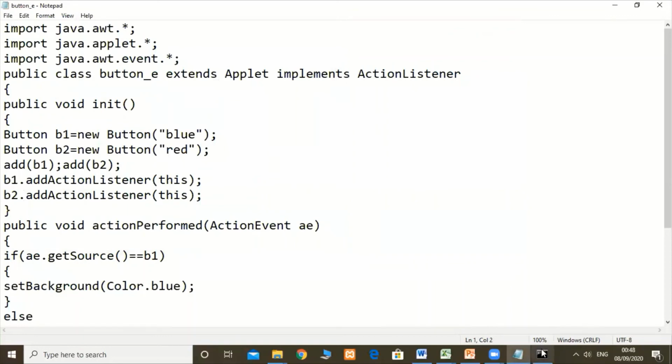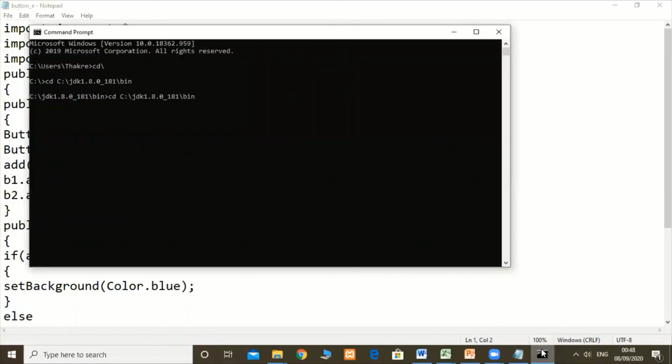Okay, now run this file: javac Button_e.java.